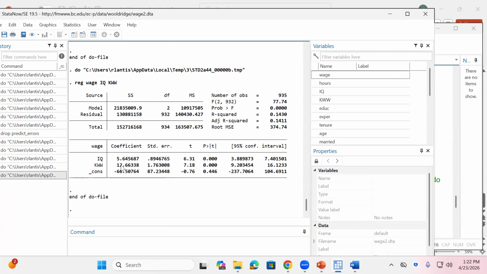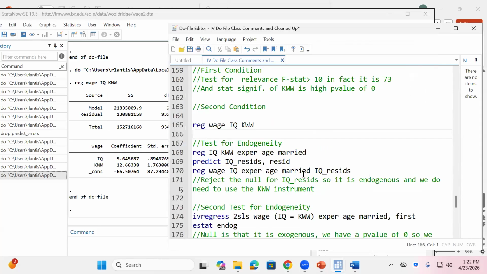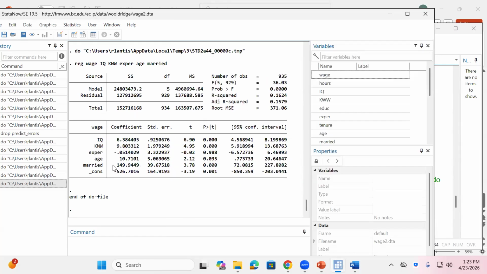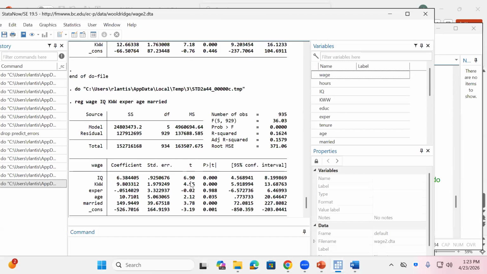Now, what can I do to make it more likely this is a good instrument? I can remove things from the error term. So what would I add in here? I would add in my additional controls. Now I'm asking whether the knowledge of the working world test is correlated with Y, holding constant not just the X variable I was interested in, but all the controls I had as well. When we run this regression, it's still statistically significant. The test statistic is a little bit lower, so we're getting closer, but not quite. I can't come up with the explanation, but maybe there is something about the geographical region that I'm not controlling for that would impact both of those things. We have an indicator here, it might not be perfect. But putting that aside,